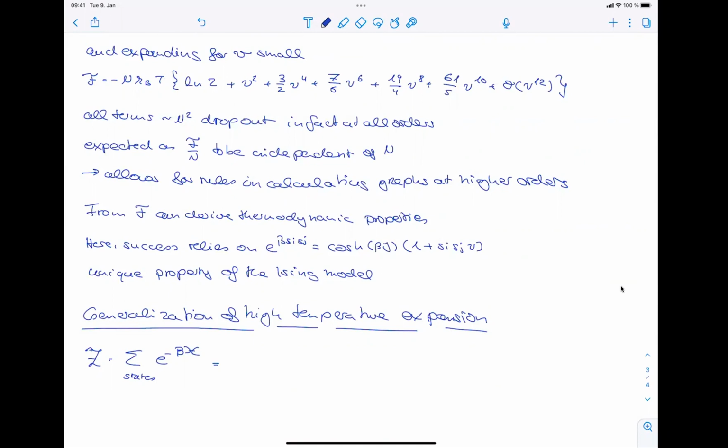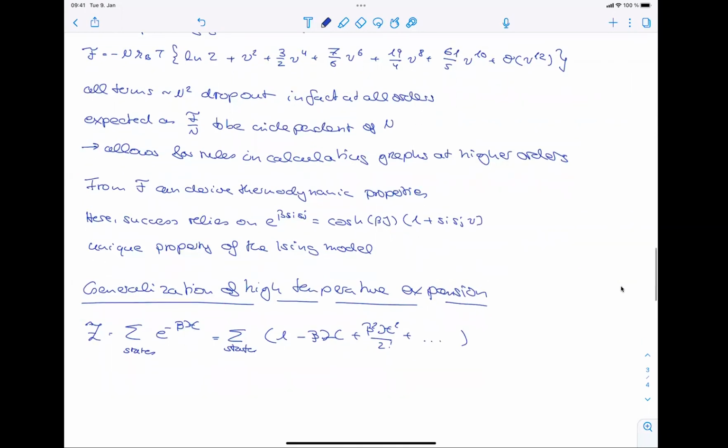If I expand this exponential function, I can write this as 1 minus beta H plus beta squared H squared over 2 factorial, and so on. And what this means is that now I need to evaluate traces of powers